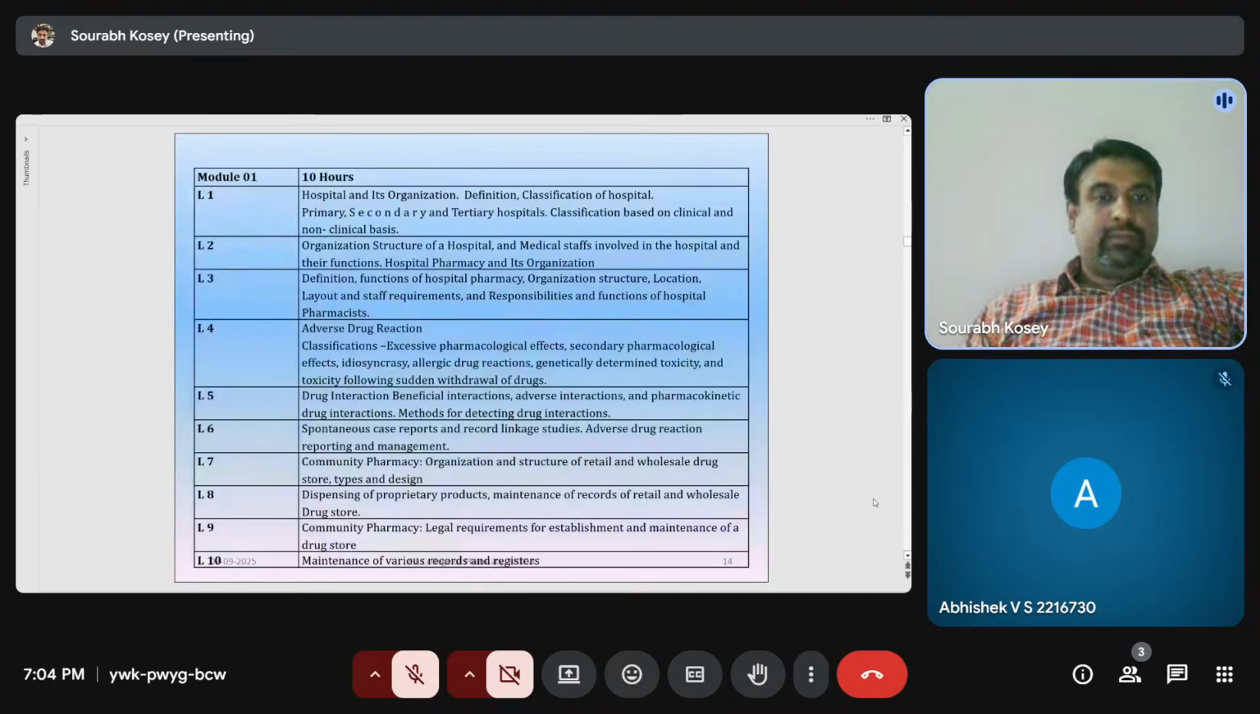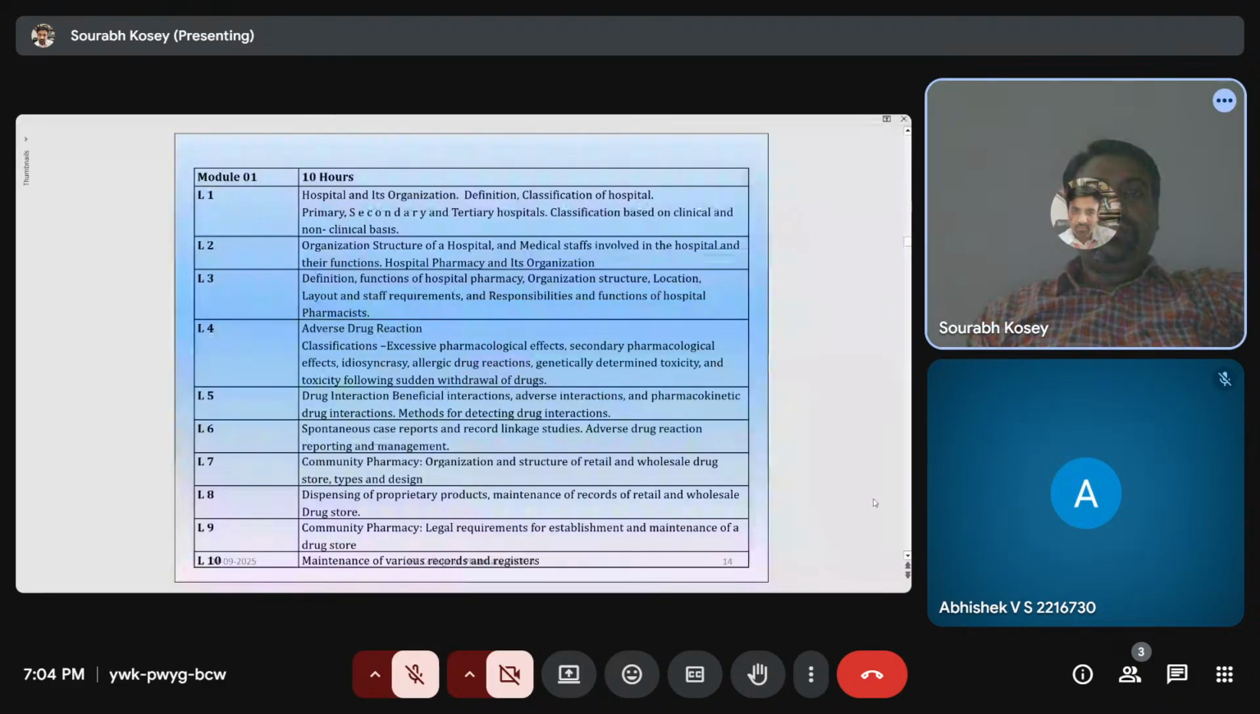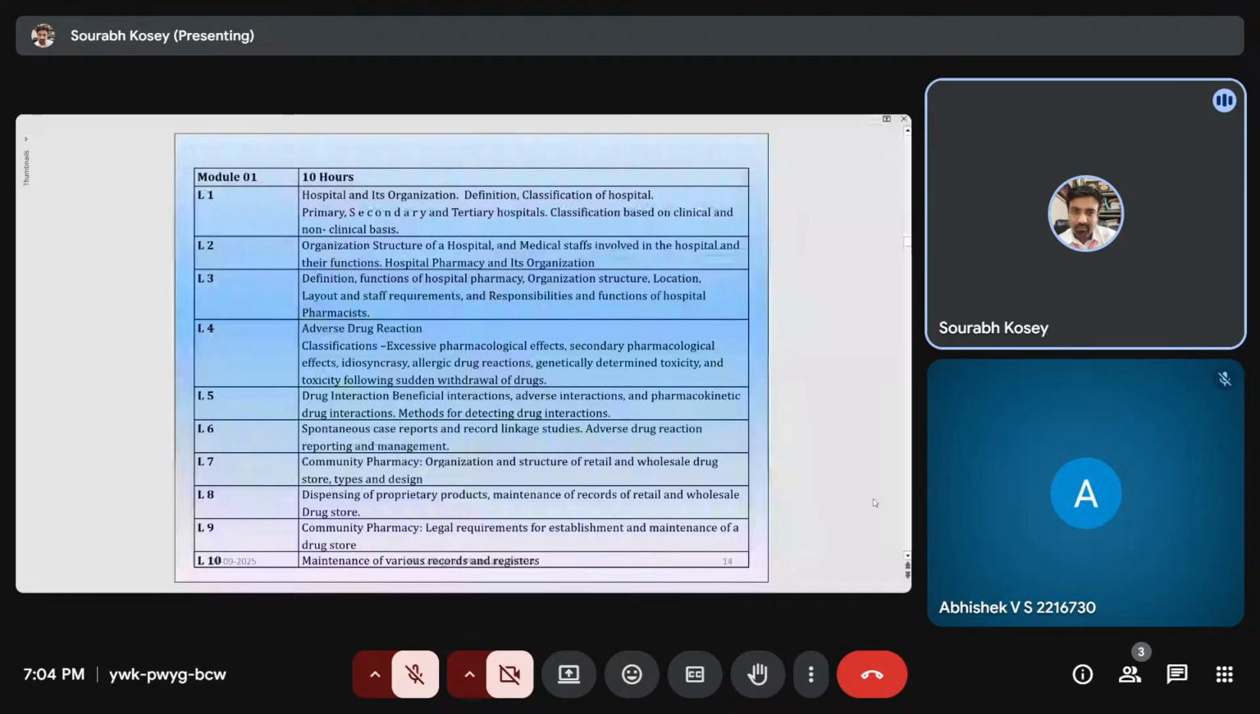Pharmacy Council of India has given the syllabus in 5 parts, and in the 5 parts you have particularly these things. The first unit is 10 hours, where you have 10 lectures, and in these 10 lectures you need to know the hospital pharmacy, the adverse drug reactions, interactions, casualty, community pharmacy, dispensing of proprietary and non-proprietary products, community pharmacy and maintenance